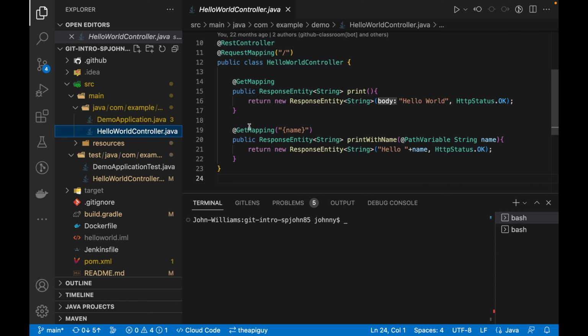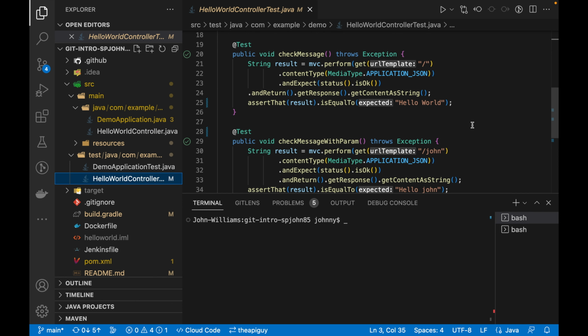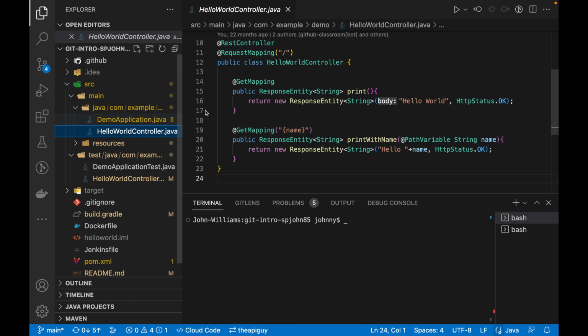The next step in the software lifecycle is testing, wherein we validate all the business requirements. Currently I have two endpoints, and I'm checking those. For the slash endpoint, whether we get the expected result of hello world, and for the second endpoint, if I pass the name slash John on the API, it should return hello John. If it passes these two test cases, then I can be sure that my existing Java application, which I wrote above, is valid.